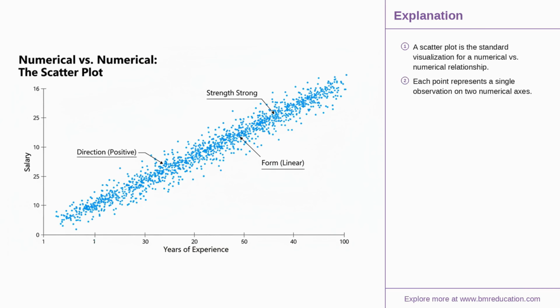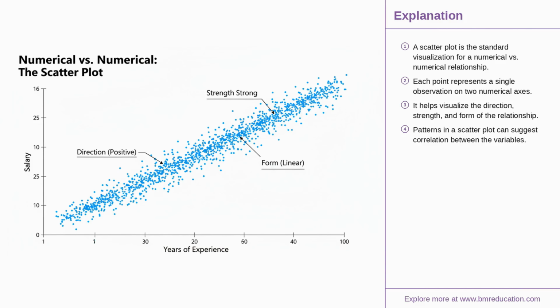To visualize the relationship between 2 numerical variables, like years of experience and salary, our primary tool is the scatter plot. Each point on the plot represents one observation, positioned according to its values on the 2 axes. This single chart allows us to visually assess the relationship's direction, positive or negative, strength, strong or weak, and form,